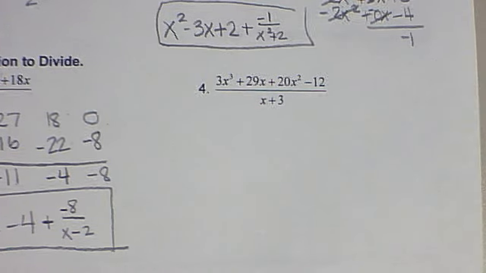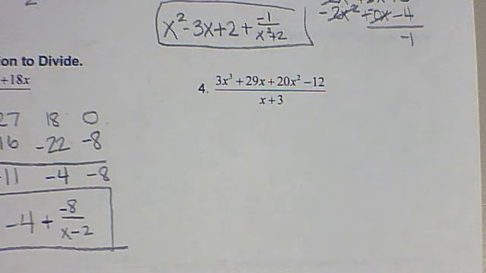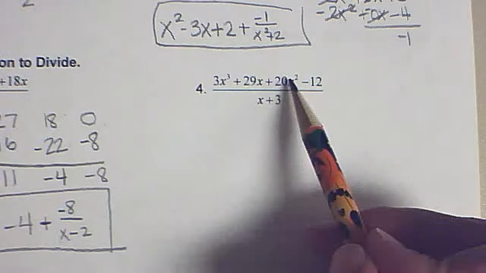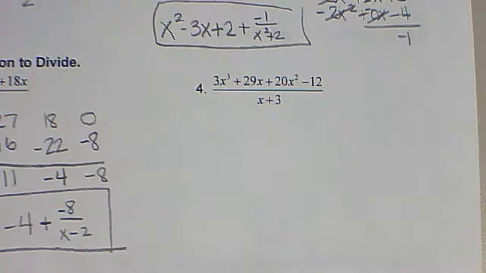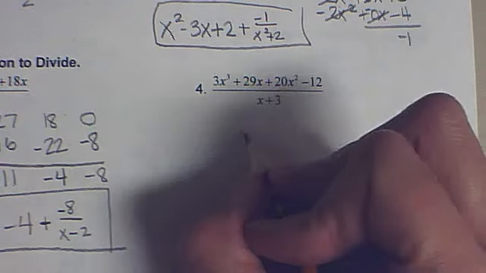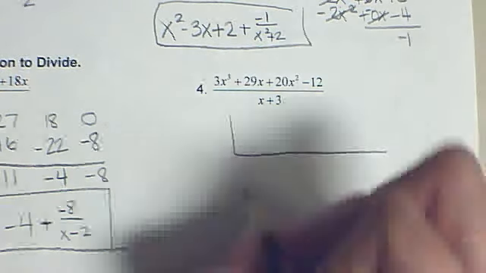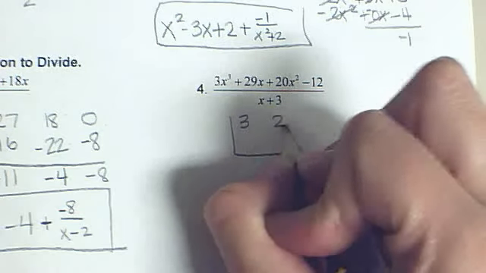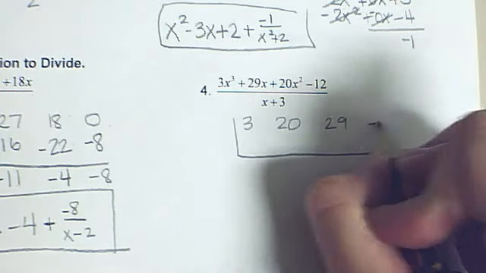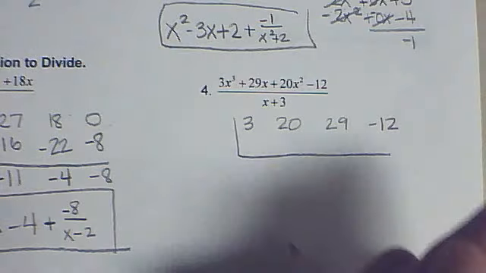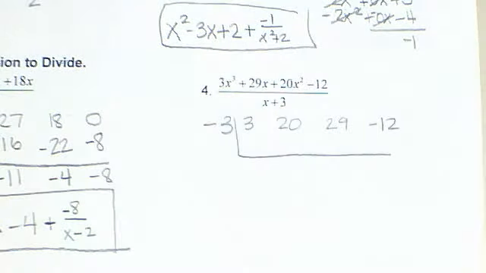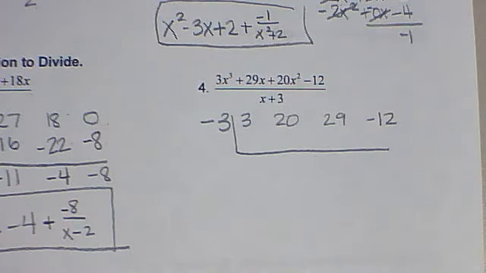Let's look at the next problem. On this one, we should be noticing that our powers do not go in descending order. I go from 3 to 1 to 2 to 12, or to none, no power. So if I want to rearrange those so that they're in order, I'm going to have 3, then 20, then 29, then negative 12. My k value flips, so it is now negative 3,